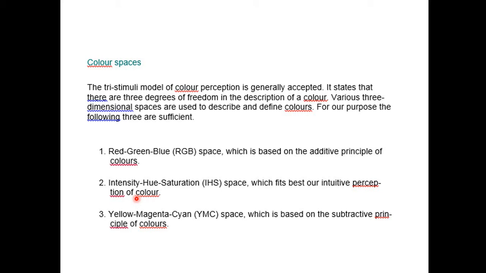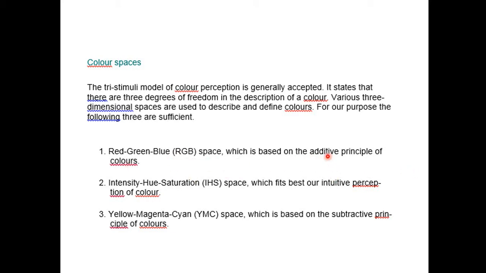So color space basically works on the tri-stimuli model. What is the tri-stimuli model? These are the three models, also used in different types of satellite imagery, mobiles, laptops, TV. The first model is red, green, blue space, which is based on additive principles of colors.